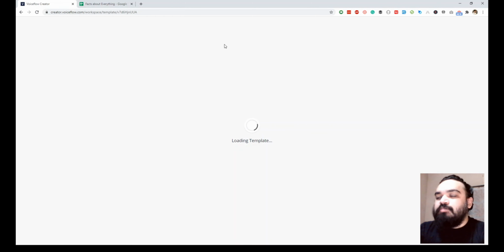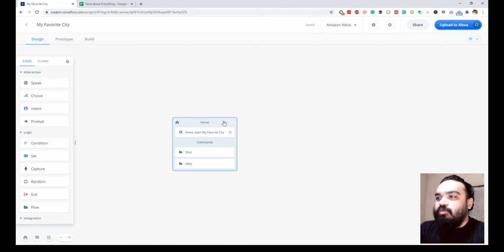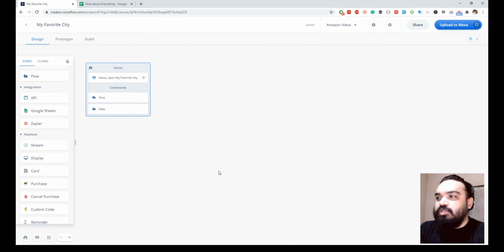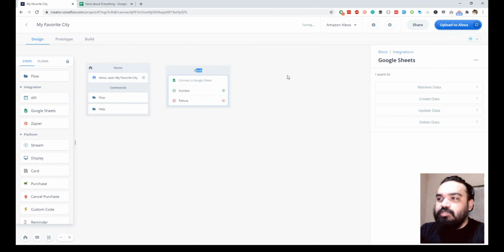And then the first step, once you see the canvas, is that you link the Google Sheet where you want to store the data. So I will just go into integration and pull the Google Sheets. And then if you haven't linked your Google account where you have the sheet that you want to update using the skill, you have to do that first. And then first step is, once I click on this block, I get the option of Google Sheet. I want to update data, create data. So this tutorial is talking about creating data in the first place instead of updating.